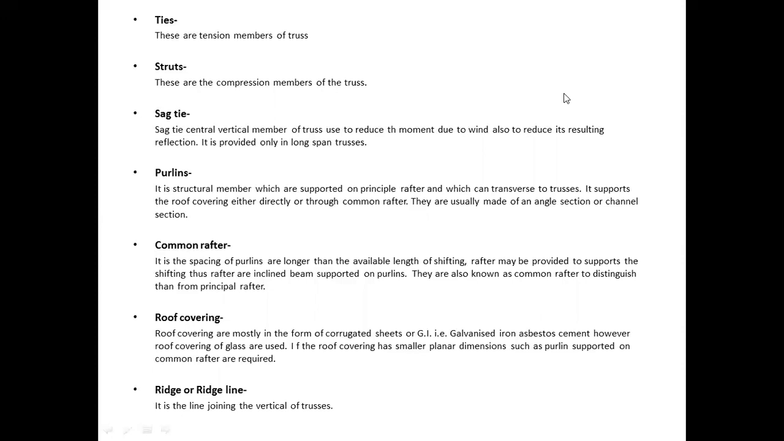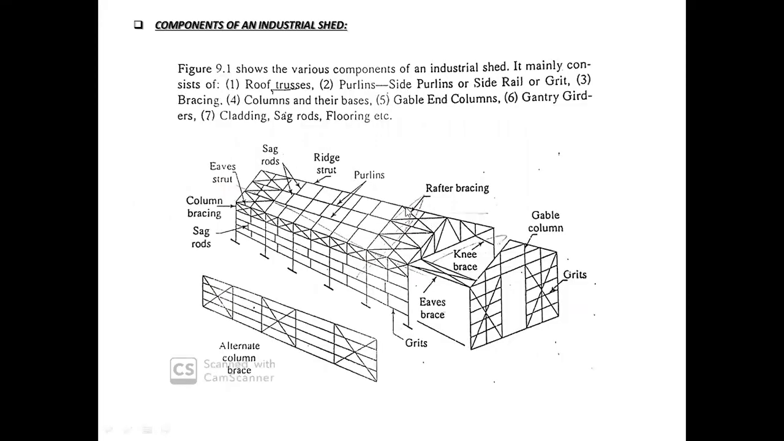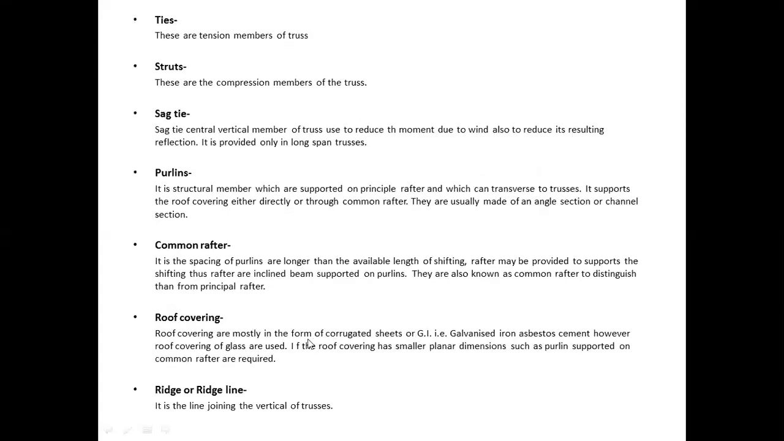Okay. Purlins. It is a structural member which is supported on the principal rafter and which is transverse to the trusses. It supports the roof covering either directly or through common rafters. They are usually made of an angle or channel section. Okay. So this is the rafter on which purlins are supported. These are the purlins and these are the rafters on which they are supported. Okay. Then